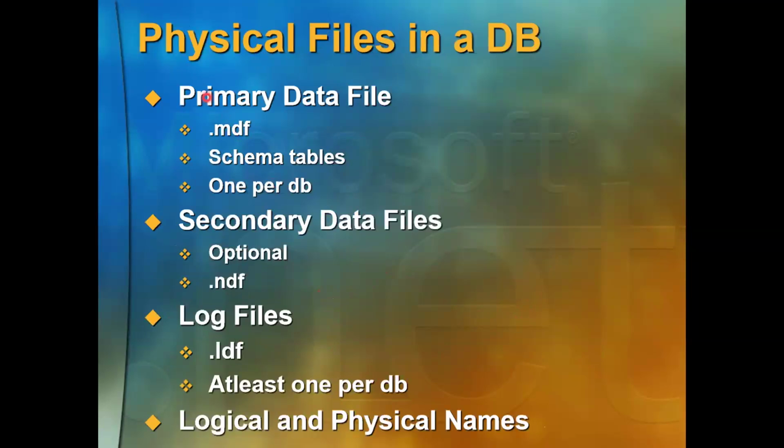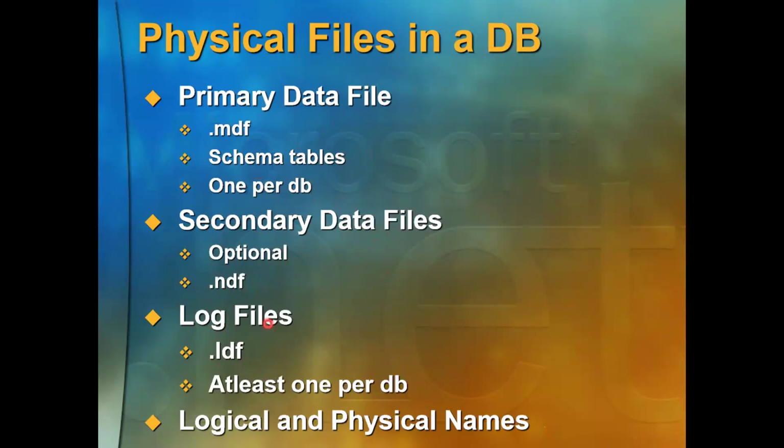We have the primary data file, the .mdf, which will contain schema tables. Schema tables means tables which contain information about other tables which are going to be created. It will be one per database. That is the primary data file. Then you have the secondary data file. It is optional, but it is good practice to create the secondary data file, and the extension is .ndf. Then you have log files, .ldf, and the purpose of log files is to log all the operations you do